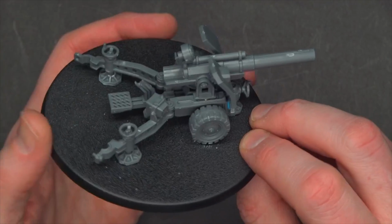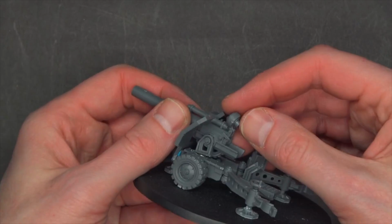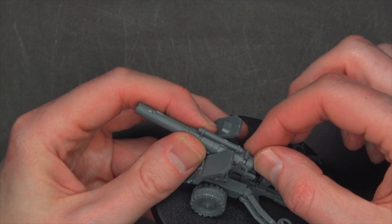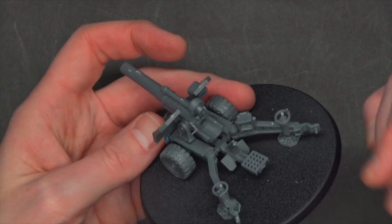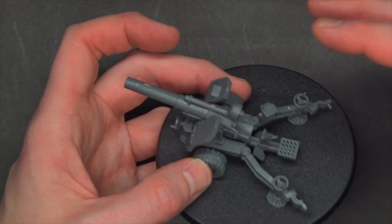And then what is the other thing I wanted to show you about this? Oh, yes, this right here. So the breech actually opens vertically right here, and you don't have to glue it down. It just flips up, which is really interesting. I didn't expect that, but it is what it is. It's kind of hard to get in if you let it close. And then remember, there's all the different bits. Like, you can have an actual shell, and you can have the guy holding the shell, and I didn't build any of that because I just wanted to get into the nitty-gritty and